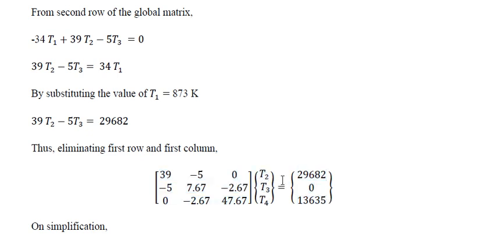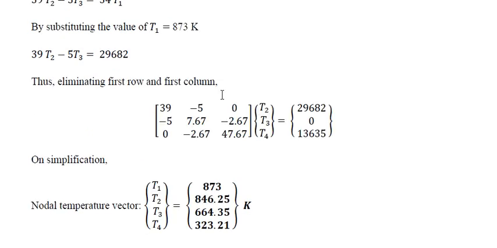So there are 3 unknowns, 3 equations. It can be easily solved using a calculator. After solving in the calculator, 873, 600 is given, that is, we have converted into Kelvin. So after solving, we have got all these values and the unit is Kelvin. This is about this problem. This problem is very important. This will be given in the examination.